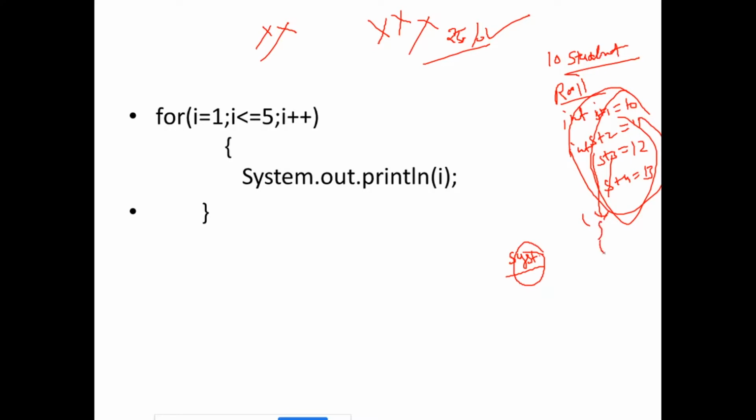Suppose 5, 6, 7, 10 students are there, so you have to use this line of code 10 times. So your answer should be first to reduce code and for reusability of code, right? And one more thing, execution time will be faster and memory will be saved, because for 10 students to print, you can store them in an array as well.